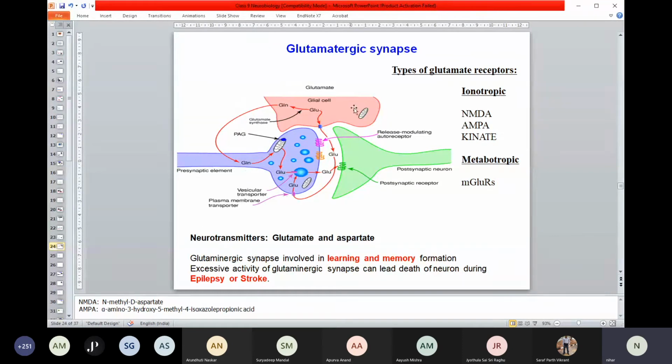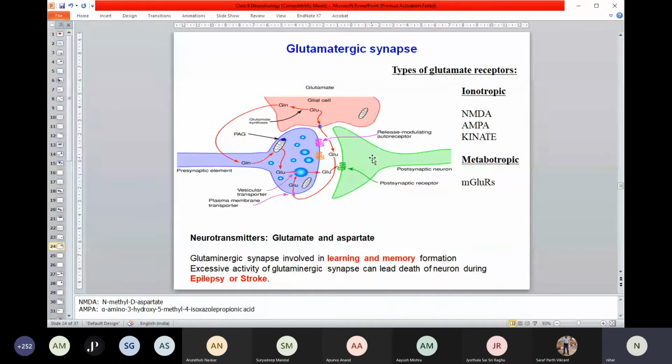Just think first how this synapse works, how the glutaminergic synapse works. So this is the presynaptic neuron, and this is the postsynaptic neuron, and nearby there is a glial cell. Don't think about complexities, just avoid that at this moment. This is the pre and this is the post. So once the action potential comes here, the glutamate or aspartate present in the vesicles will be released here. Glutamate is released, binds to its receptor on the postsynaptic neuron, and thereby can activate the postsynaptic neuron. That's clear. That actually happens for every neurotransmitter, the same thing.